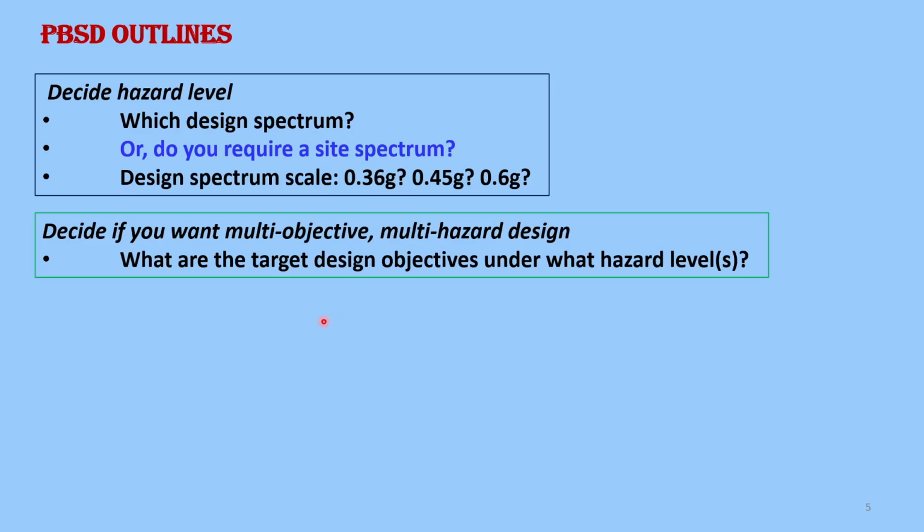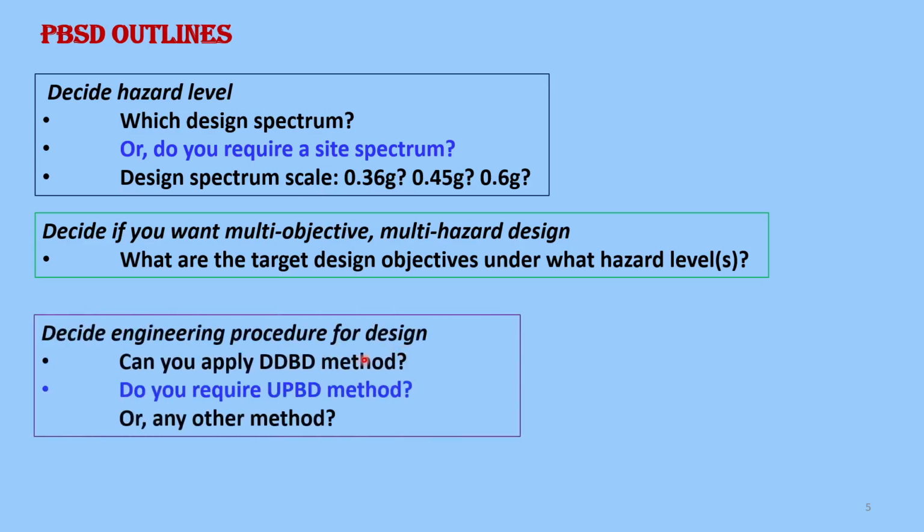If you look at our previous video, we have discussed this multi-hazard, multi-objective design. So depending on this, the same structure should satisfy more than one objective at more than one hazard level. What are the target design objectives under what hazard level, that you have to decide in the system. Then after deciding the design objectives and the hazard levels, you have to now